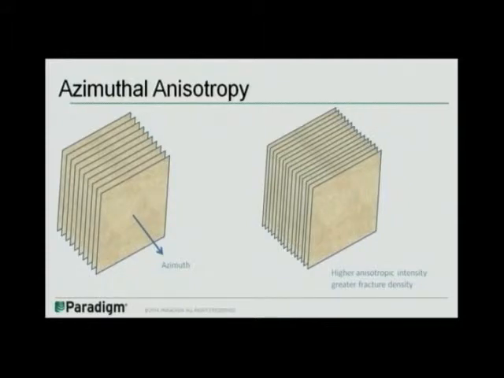We call this azimuth. And if we look at a similar formation with much more fractures, the degree of anisotropy will be larger, at least we imagine it this way. So the more fracturing, the more difference there will be between the fast velocity and the slow velocity. And you can imagine that these are not fractures, but stress directions,